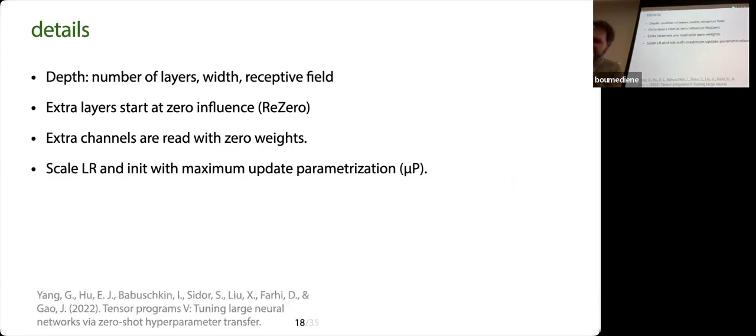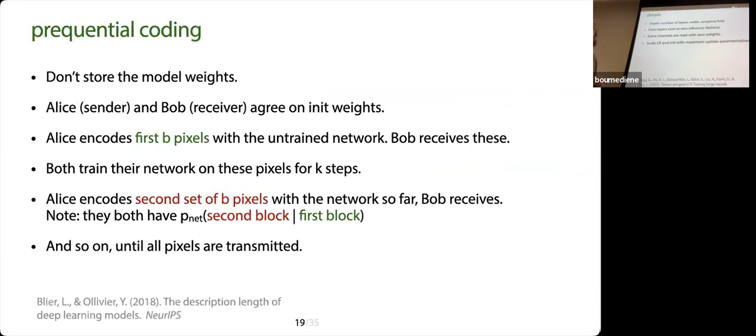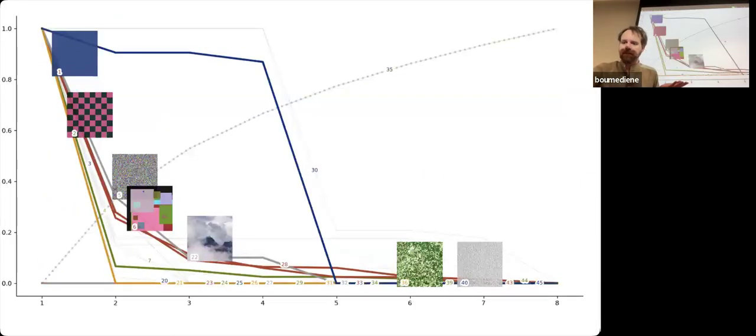I need to hurry up a little bit. So I tried this with the PixelCNN. This is mostly negative results. So PixelCNN does autoregressive modeling of images in row scan order of pixels. Lots of training details. I used prequential coding. If you know, you know. For now, I'll just skip it. And lots of fiddling was needed to pass at least one sanity check, but I think I'll just skip to the